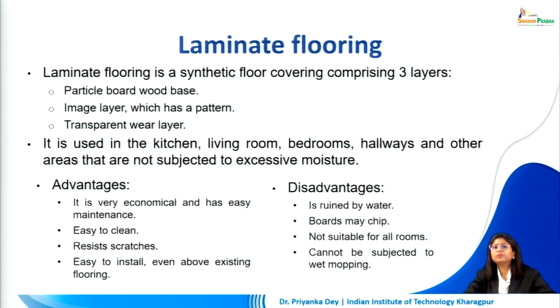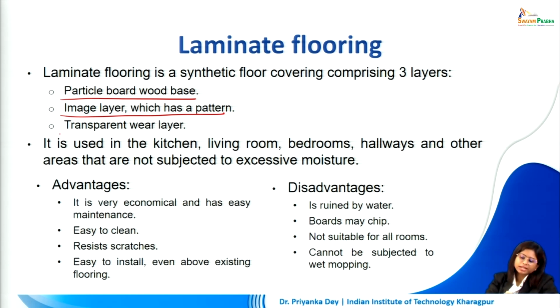A laminate flooring is a synthetic type of floor covering which consists of 3 layers. The first layer is the particle board wood base. Then we have an image layer which has a certain pattern, that is what the final look of the flooring will be. And then we have a transparent layer which is basically like a finishing on top of the printed image layer. It is used in the kitchen, living floor, bedrooms, hallways and other areas